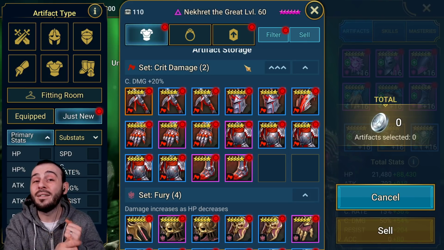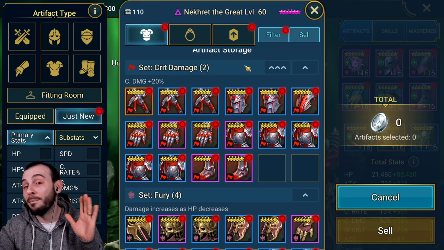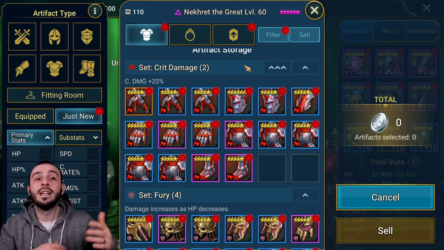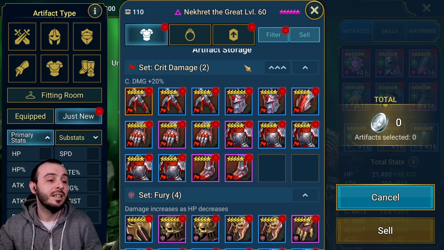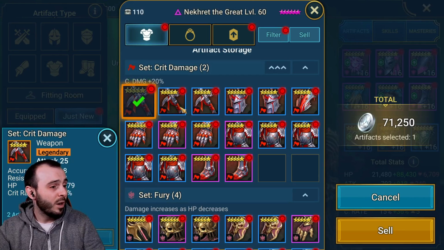I am keeping 5-star only if they're legendaries, and I'm thinking that I don't have anything else better to replace that, or I'm thinking that it might be an upgrade on a quadruple speed or quadruple accuracy or something like that. But let's crack on. So pretty bad,